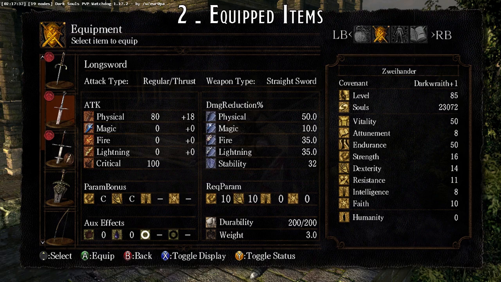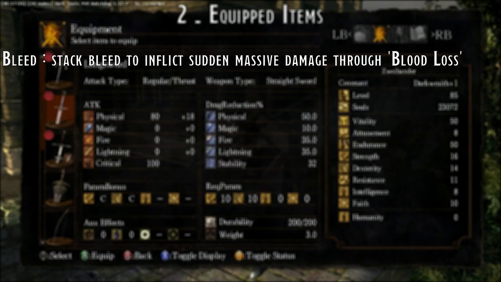Underneath parameter bonuses, you'll see auxiliary effects. These are additional things the weapon will apply to an enemy whenever a hit lands. The higher the number, the more severe the effect. The effects listed are: bleed. As the bleed effect is applied, a bleed bar will slowly begin to fill up. When the bleed bar is full, the enemy will suffer from blood loss and instantly take a massive amount of